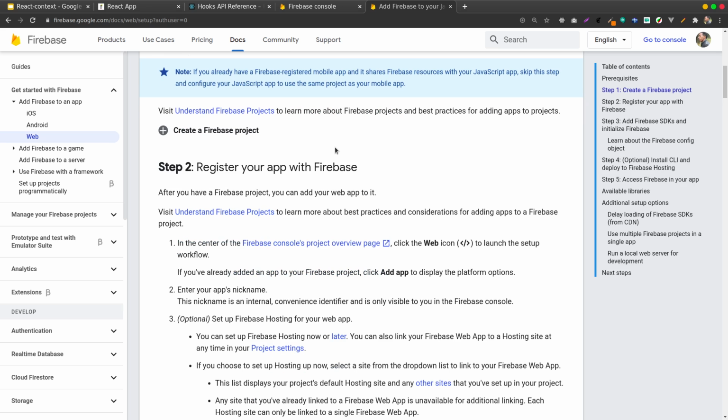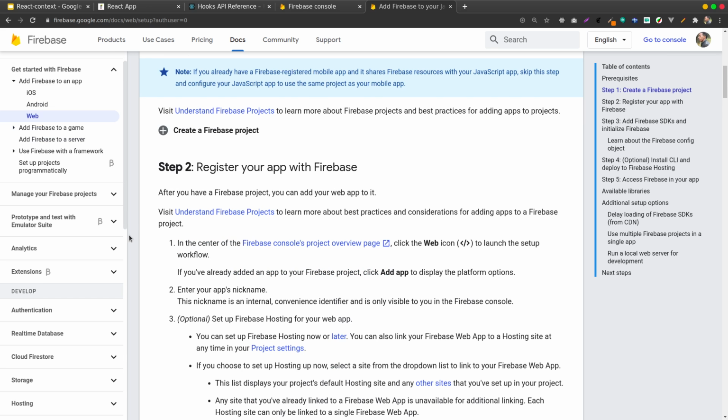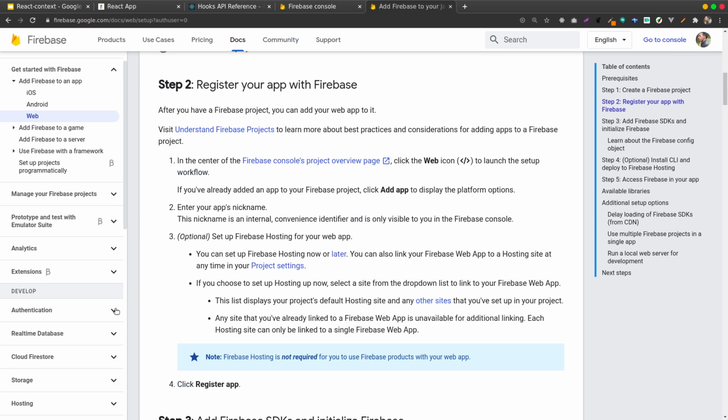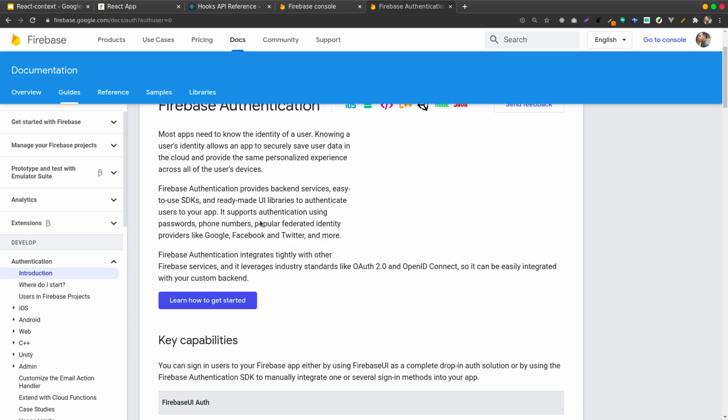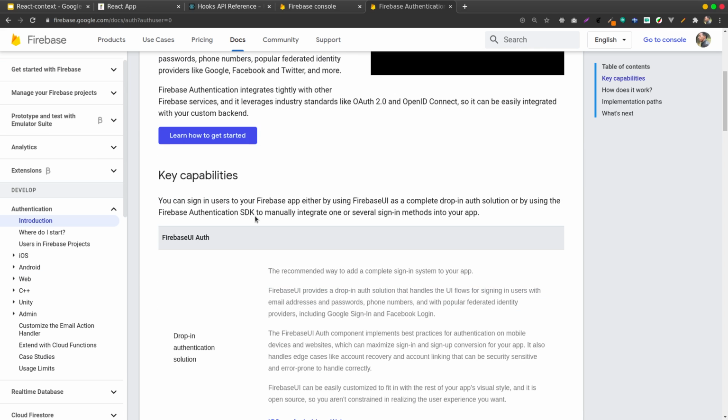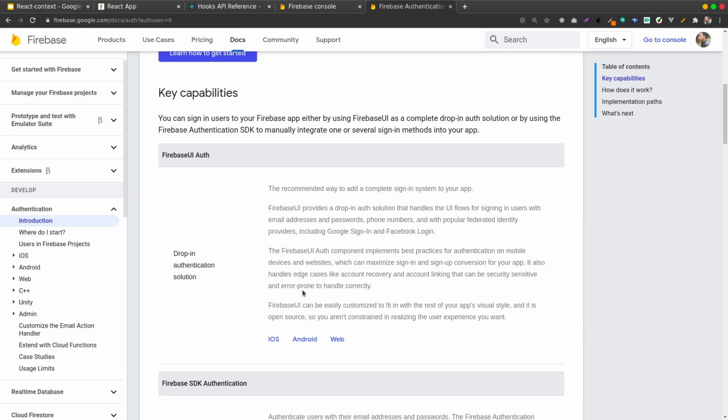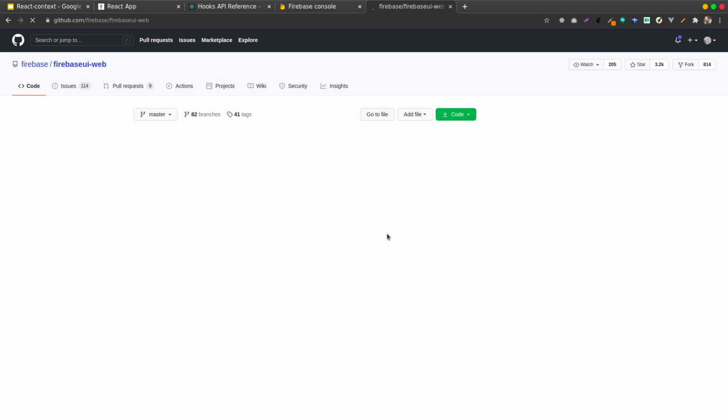You can understand Firebase projects. It gives you so much. You can check out all this. Let me look at authentication: how it works, the introduction, what you need, all that. It gives you so much, and some bits of code to try out. You can actually try out Firebase without